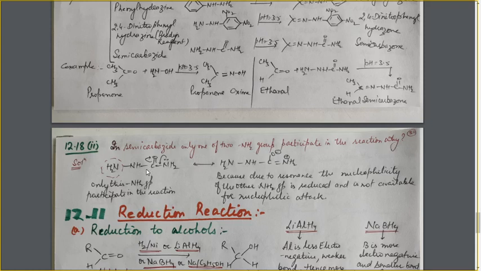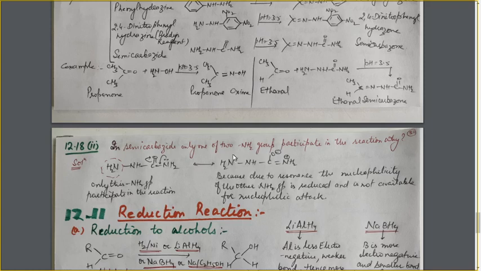This can be easily understood with the resonating structure. Now this NH2 group, the lone pair on this NH2 group, is adjacent to this multiple bond. So this lone pair is in conjugation or in resonance with this C double bond O group, and because of this resonance there are 2 structures possible. Due to this resonance the nitrogen atom has a positive charge, the electron density decreases, and we have seen these nucleophiles are very weak, and due to this positive charge they are still weaker, and as a result this NH2 group will not participate in this reaction.